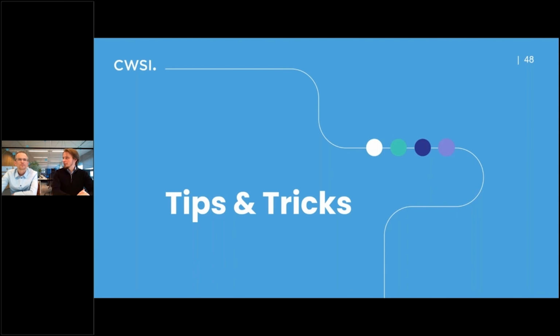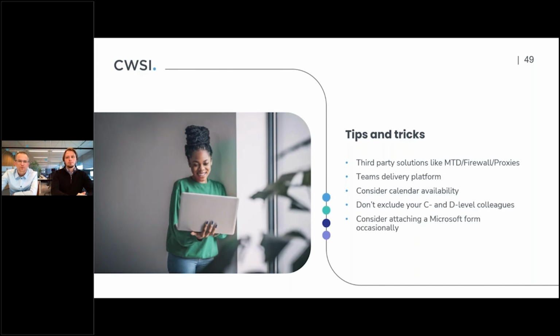So let's go ahead to the tips and tricks then. Yeah, I think we discussed quite some topics already. So we would like to provide some tips and tricks while using attack simulation training. And one of the tips and tricks is please be aware while using a third-party solution for mobile threat defense,